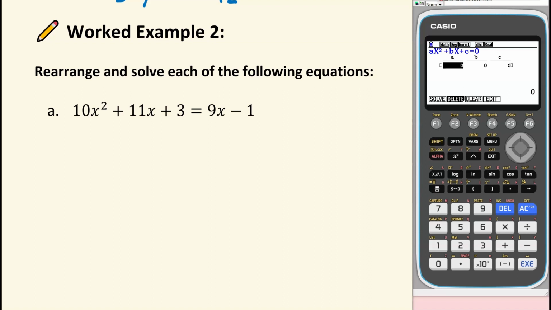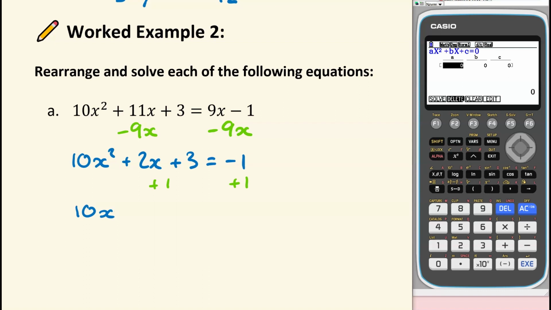preference of mine. I can see I already, for this first equation, have 10x squared on the left-hand side, so I'm going to leave that there and take my two terms from the right-hand side and move them over to the left. So I'm going to start off by moving this 9x by subtracting both sides by 9x. So I'll have 10x squared plus 2x plus 3 equals negative 1. And then I'm also going to take this negative 1 across to the left-hand side by adding 1 to both sides of the equation. So I'll end up with a final equation of 10x squared plus 2x plus 4 equals